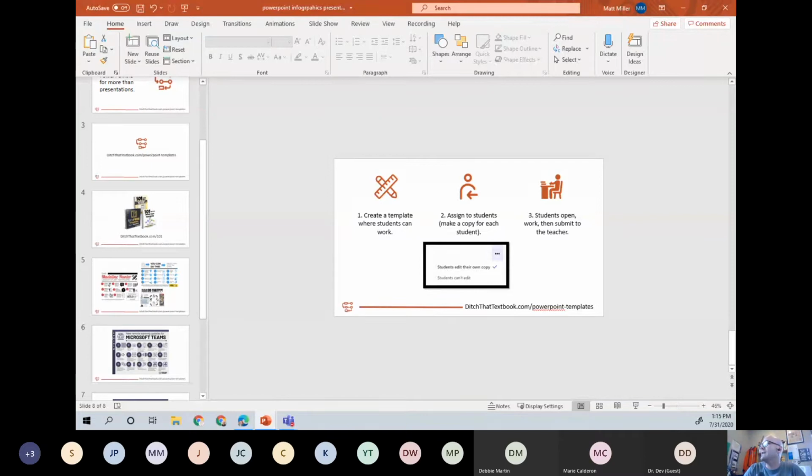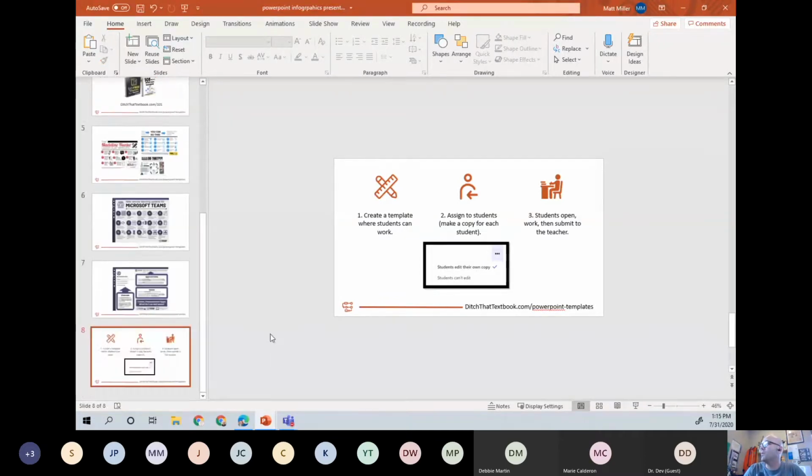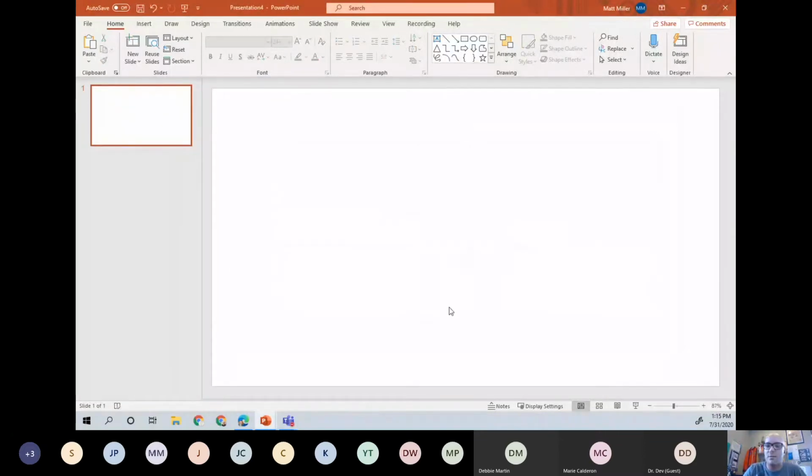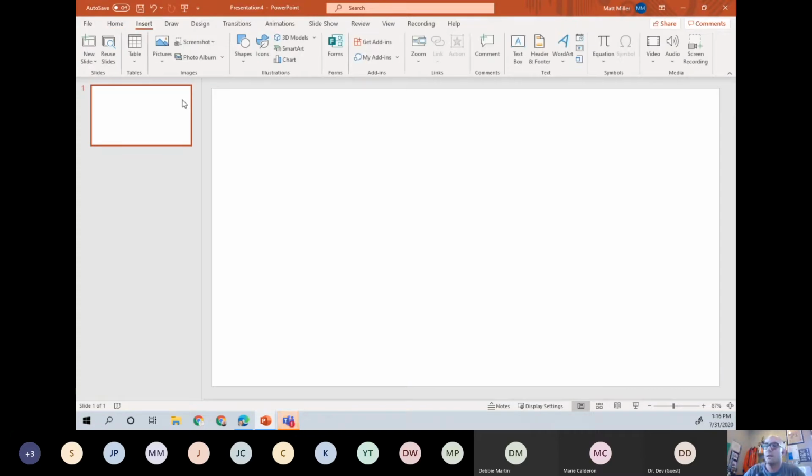Okay, so let's start off with a blank PowerPoint presentation. Now, let me tell you real fast, the reason that I like using PowerPoint to make infographics, because PowerPoint wasn't really made to make infographics. But one of the reasons I like it is that it's a simple platform for designing these that people are probably pretty familiar with. We've probably used slide design tools for a while. So why go learn a brand new tool if we can just repurpose one that we're already familiar with? And PowerPoint is great because it has all of these elements. Whenever you click the insert menu, it has all of these elements that we could potentially add to our infographics,